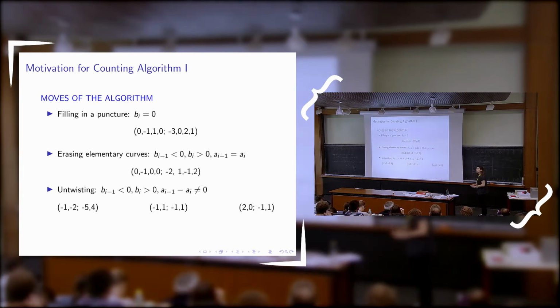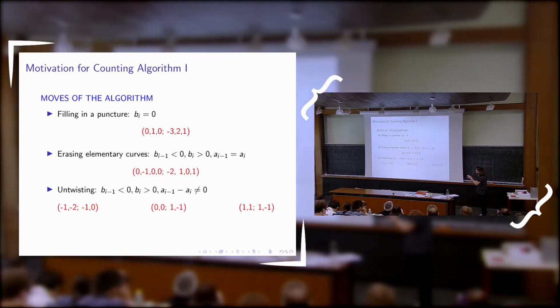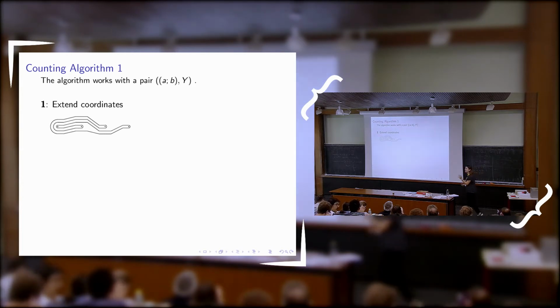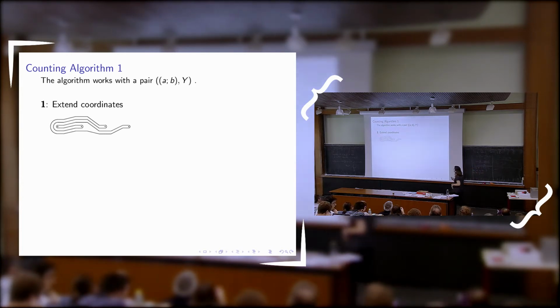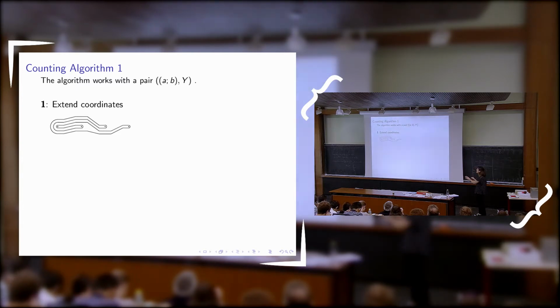But of course we're not interested in the curves, we are interested in the Dynnikov coordinates of curves. So this algorithm takes as input the Dynnikov coordinates of the curves and outputs the curves after these moves. So here is the counting algorithm 1. The algorithm works with a pair AB, Y. AB is the Dynnikov coordinates of the multicurve, so there is a unique multicurve corresponding to this vector, and Y is the number of elementary curves that we've